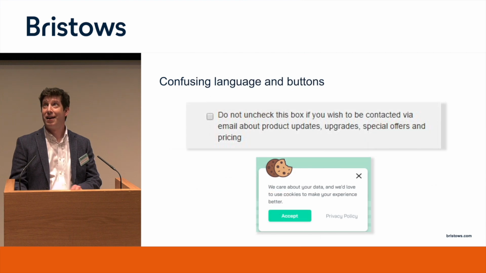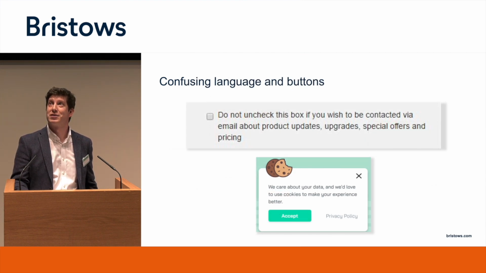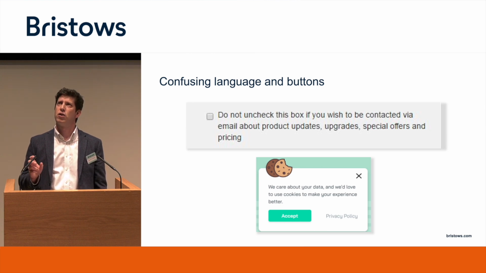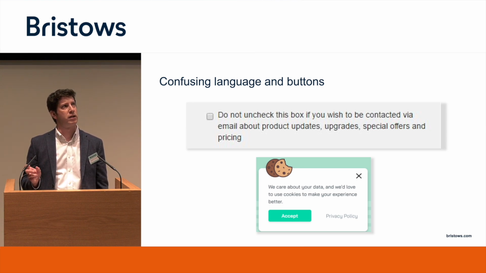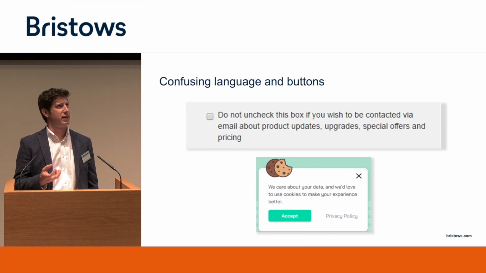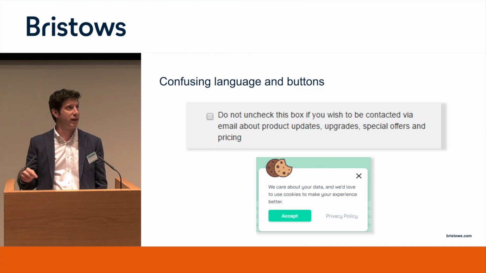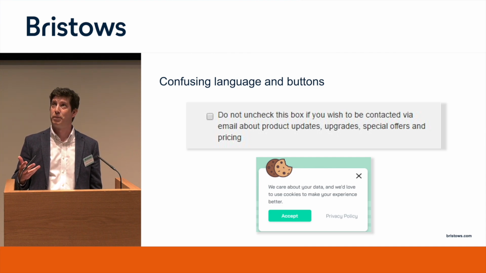And then a final example. Sometimes you see confusing language and confusing placement of buttons. So, do not uncheck this box. Well, the box is already unchecked, so I'm immediately confused. It feels a bit like a double negative. I've already spent too long on this. Just get me to the service. Fine, sure, whatever. And then the second example, we've got an